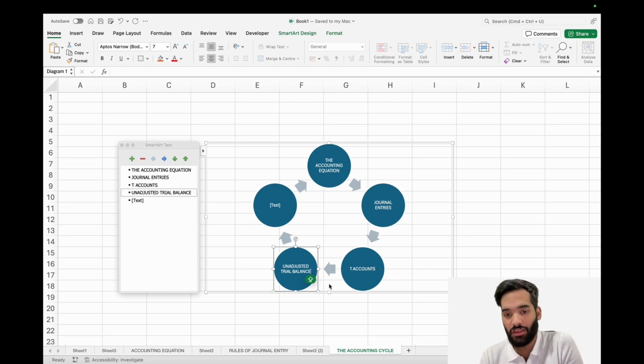So all of these things except the journal entries happen at the end of the year, or again at the end of the accounting period rather, because it can also be a 6 monthly accounting period or quarterly accounting period depending on the size of the business and everything like that. Okay, so